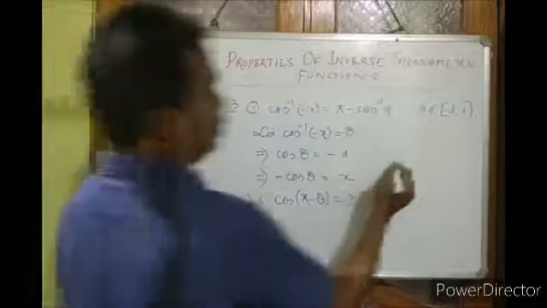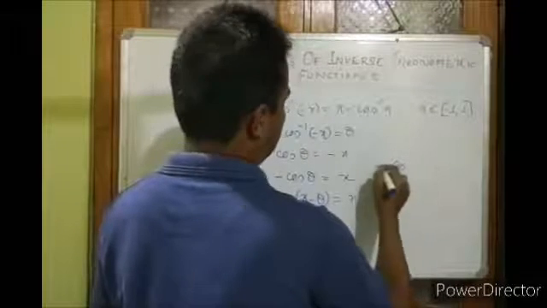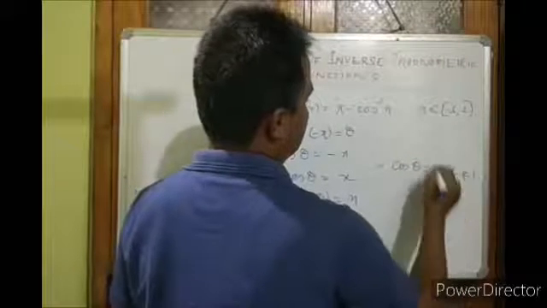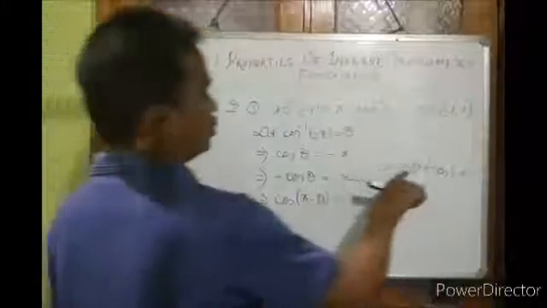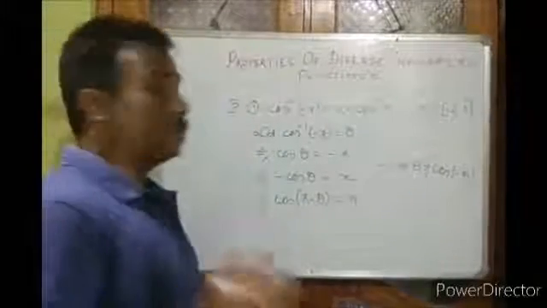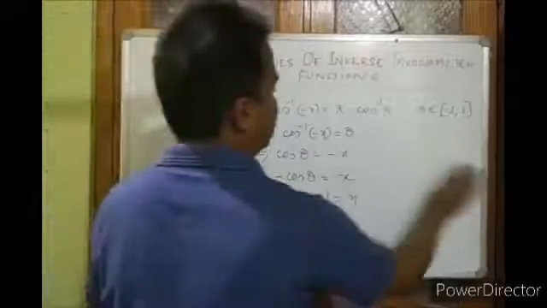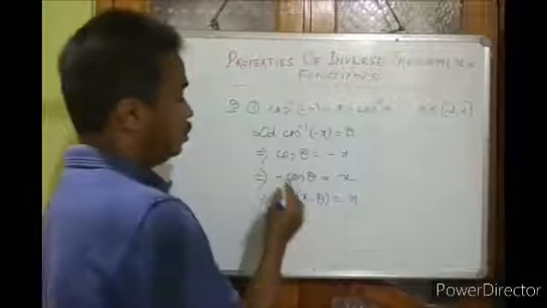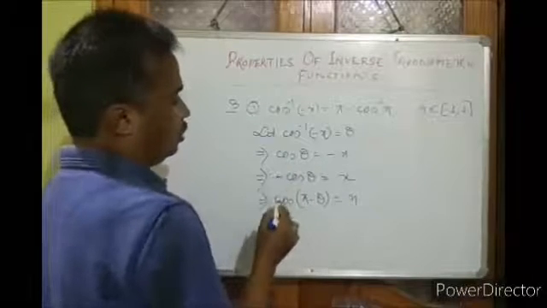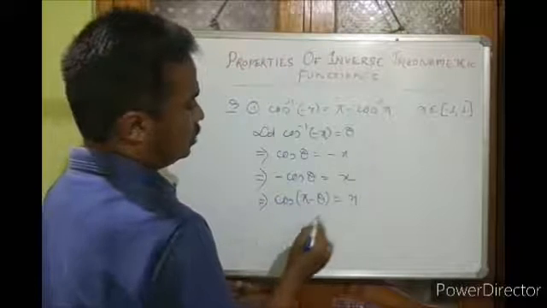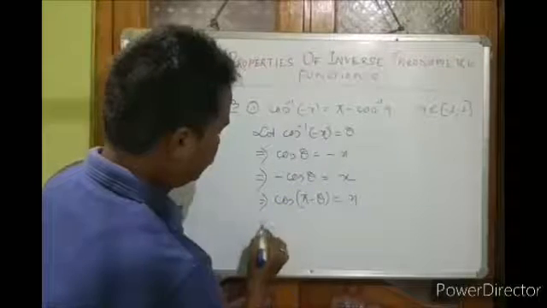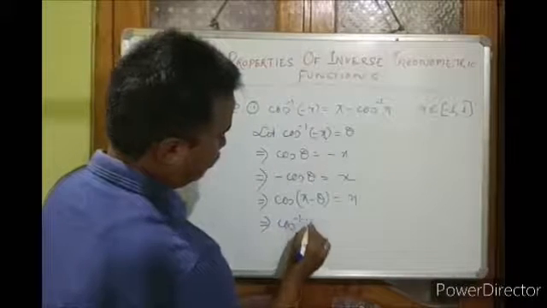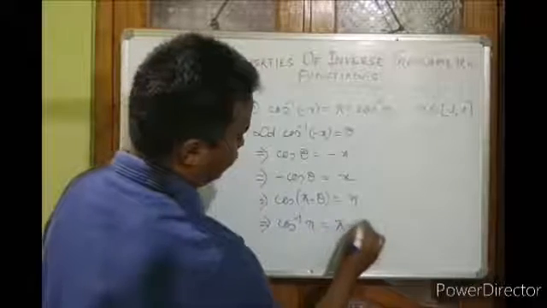We cannot write minus cos theta as cos of minus theta. It is not correct, because cos of minus theta is equal to cos theta. So we cannot write that. In the case of sine we have written it, but in the case of cos we cannot. So minus cos theta we should write as cos of pi minus theta, then cos inverse x